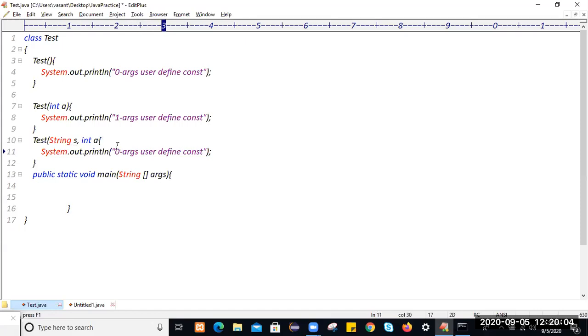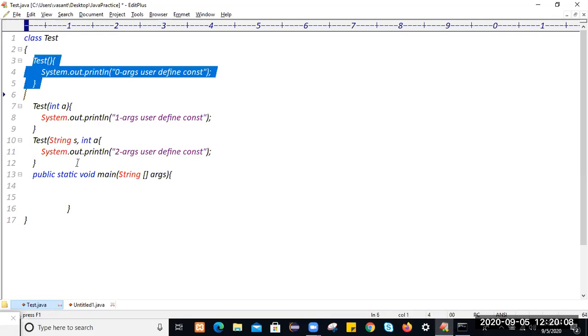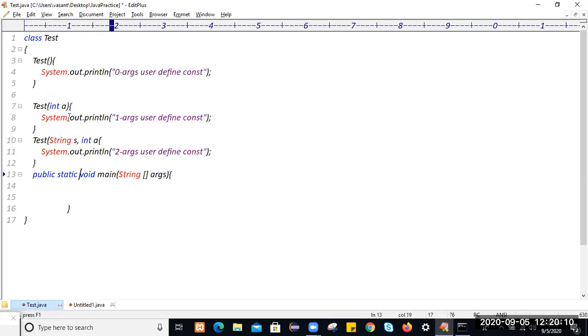Two argument. All this constructor execution depends on object creation, but one constructor can call another constructor by using this keyword. You see here, if you create a zero argument object, the corresponding zero constructor will get executed.